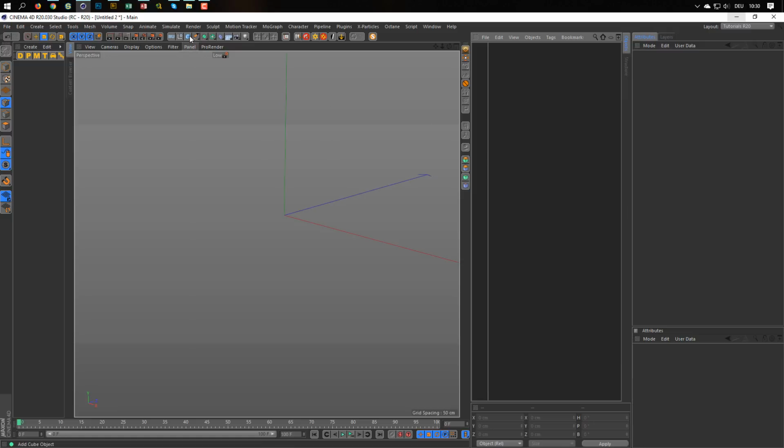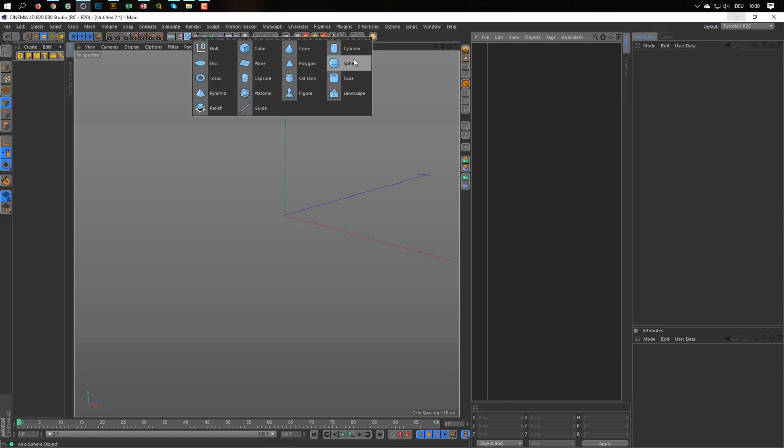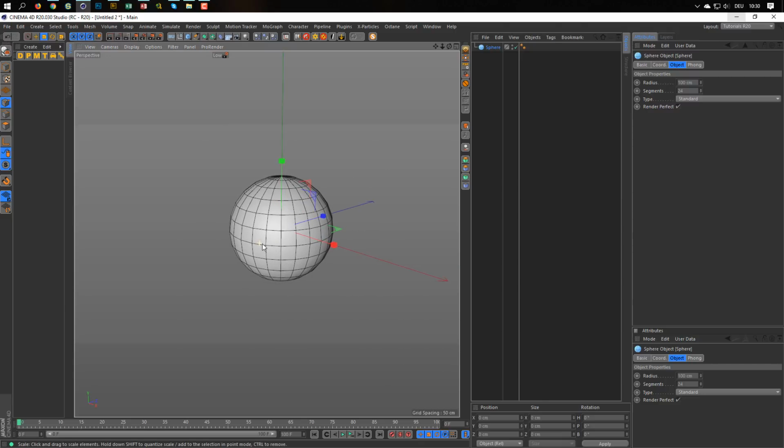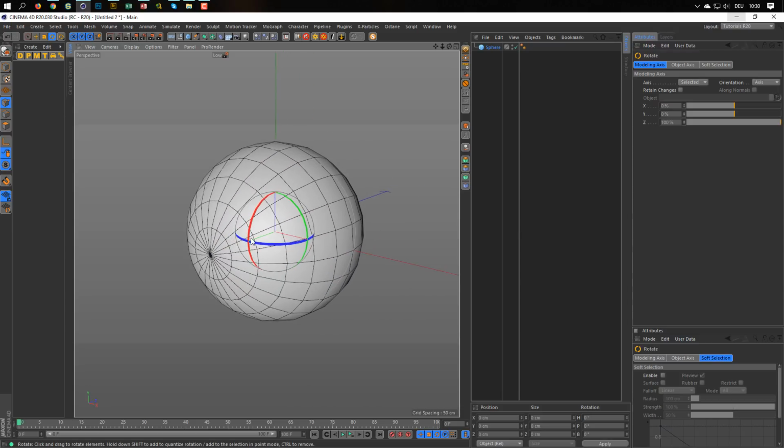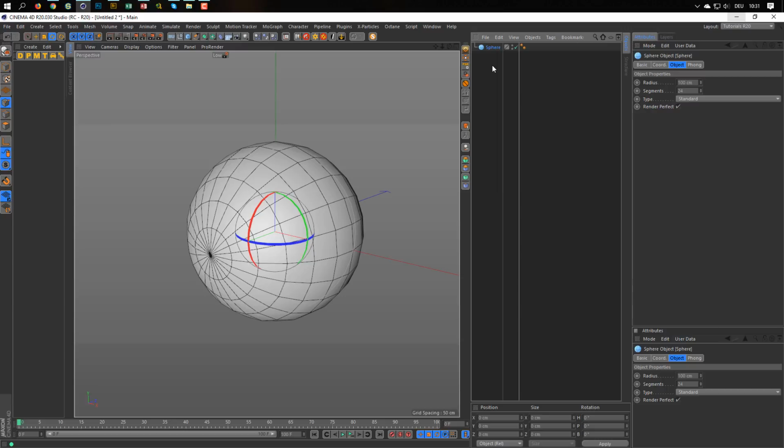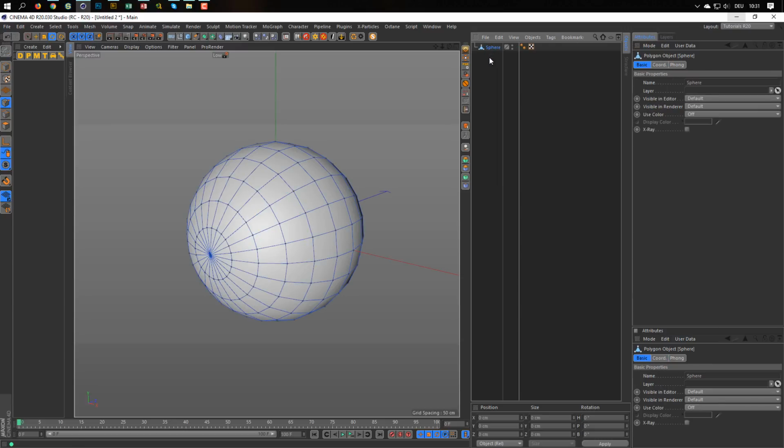So let's start. We make a sphere and I rotate it 90 degrees. Let's say this is our pupil here. To make this animation I make the sphere editable, so I just hit C on the keyboard and I delete some polygons.